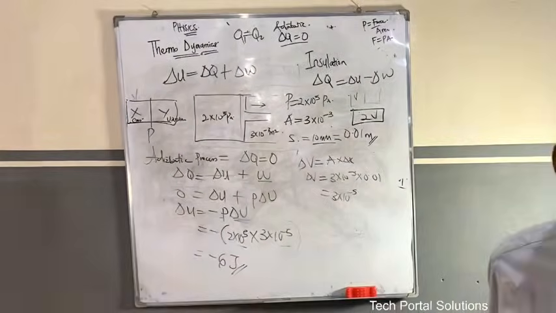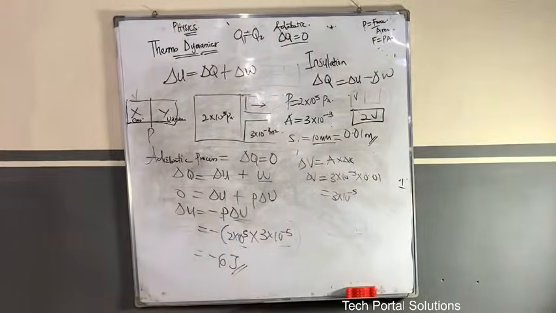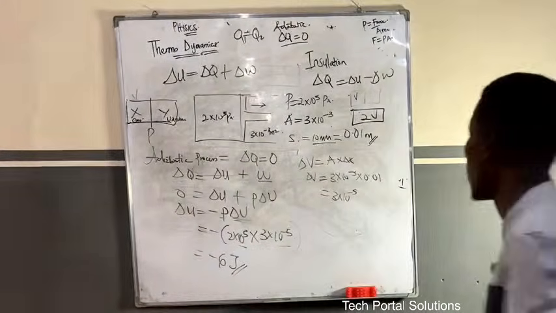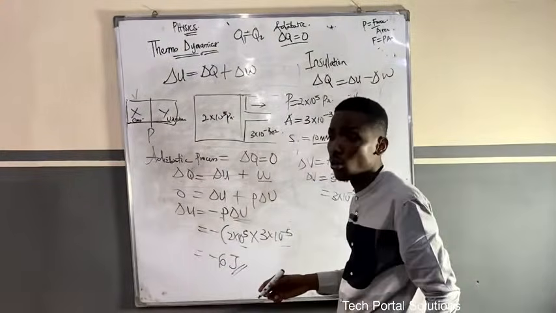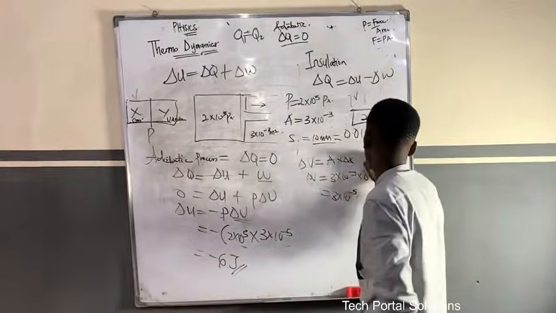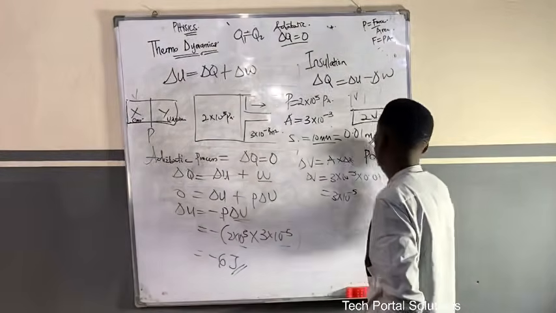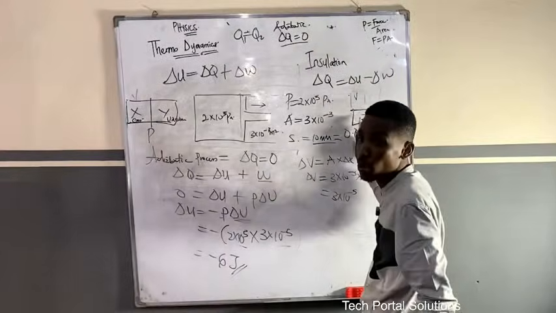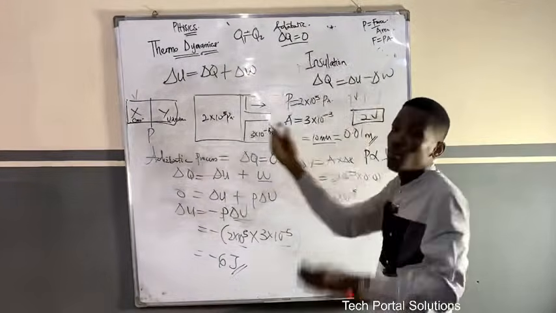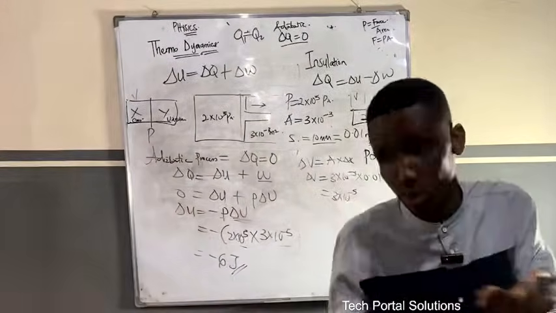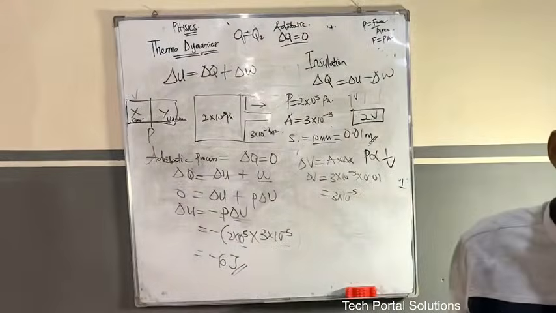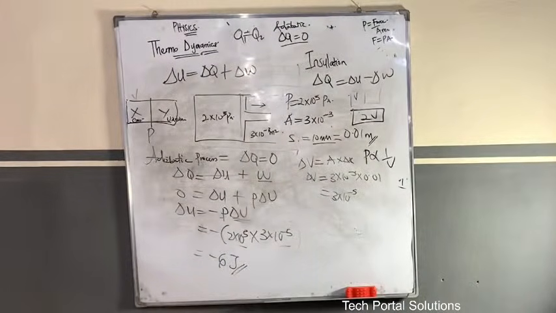Number two, they say that X doubles in pressure. Is that true? Let's go back to our normal knowledge. In Boyle's law, what's the relationship between pressure and volume? Inversely. So if volume has doubled, what should happen to pressure? It should decrease by half. I hope we are together. So that makes that option wrong. So pressure of X does not double. The next thing is that they